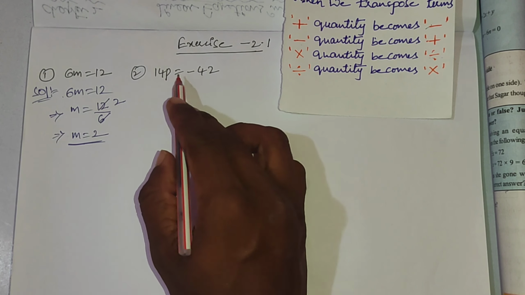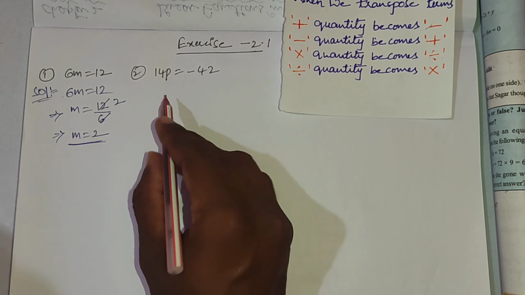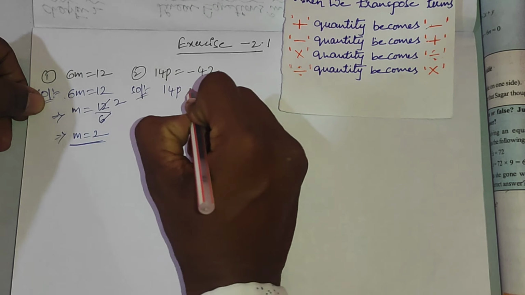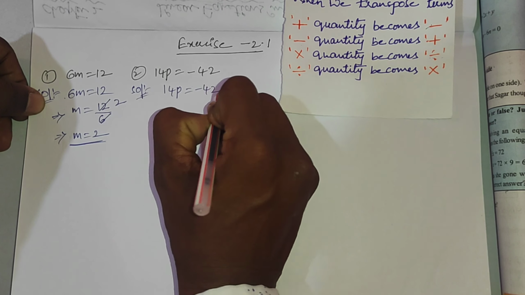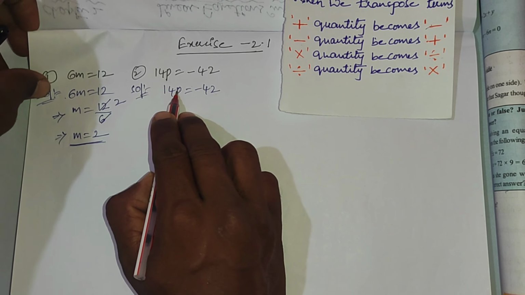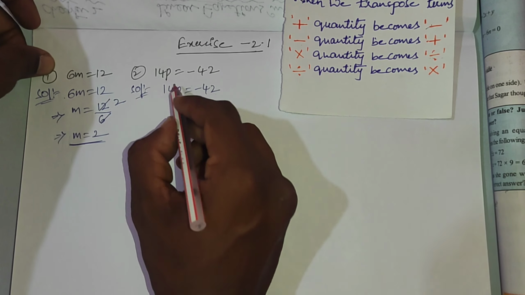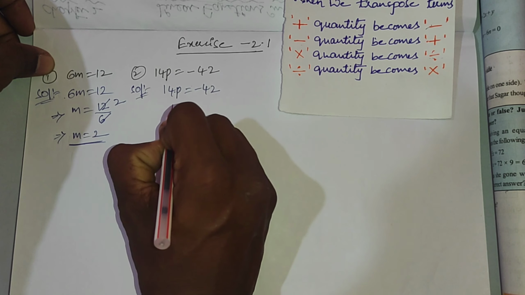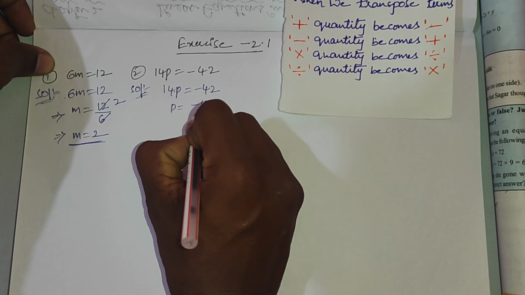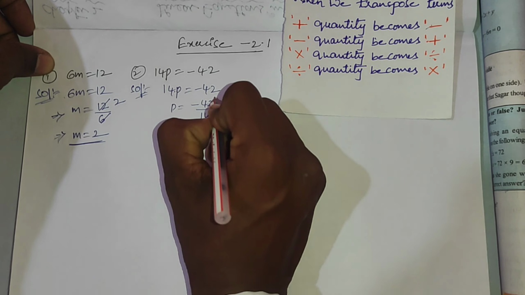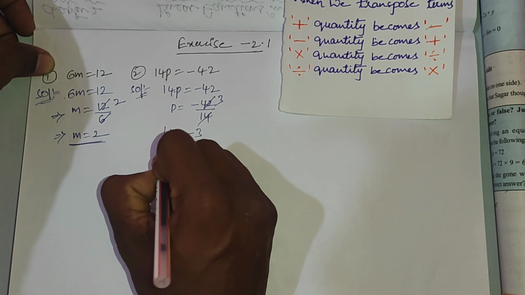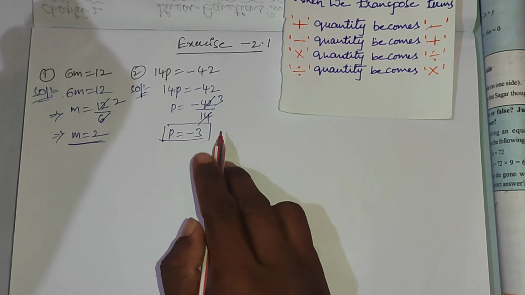Okay, the second one is 14p = -42. Okay, these are given with the variable on only one side. Solution: what is given? 14p = -42. Again, it is given only as multiplication. We have to find the value of p. So this is 14 into p. Then p = -42 by 14, again multiplication becomes division. 14 ones are 14 and 14 threes are 42. Then p equals how much? p = -3 is the answer.